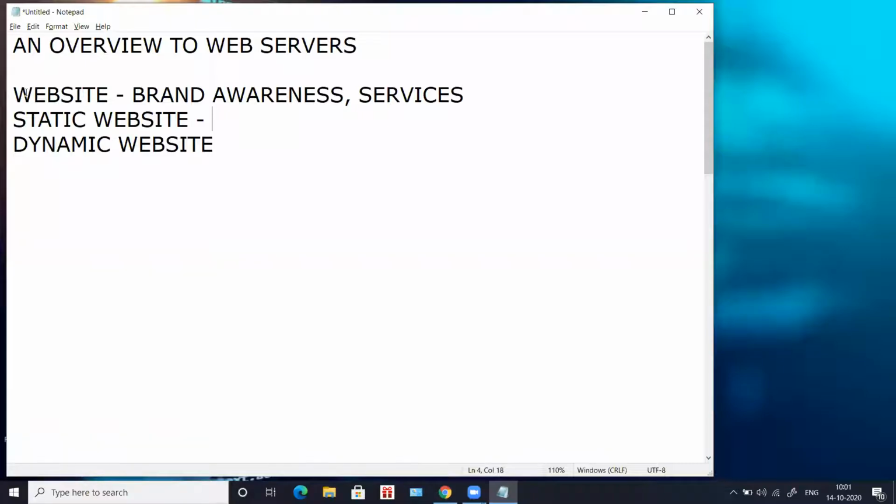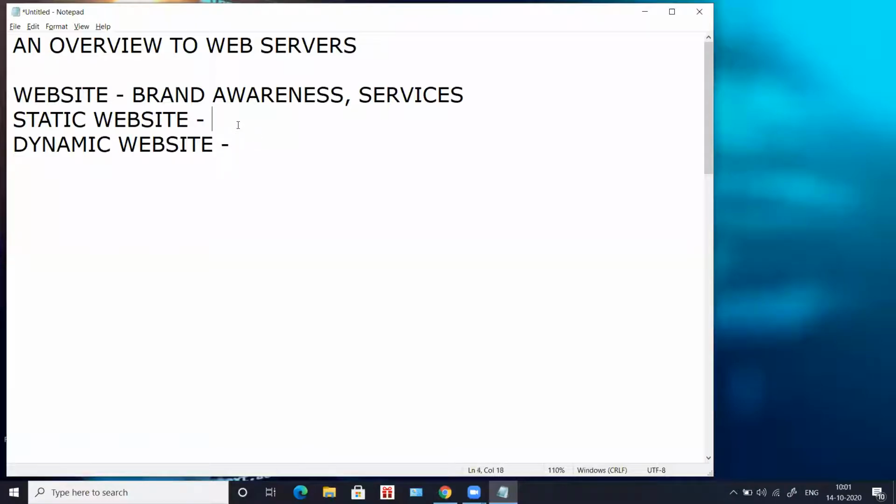For that, they create static websites. But when you take a dynamic website, maybe you can consider a college website as a dynamic website, because you'll have logins for students, logins for teachers, login for the principal. So there is some communication happening between the client and the website. So that is a dynamic website.